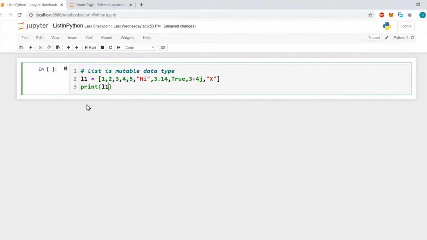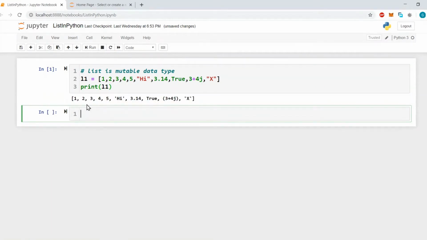Print L1. Now as you can see here, in a list we can declare or assign any type of value.